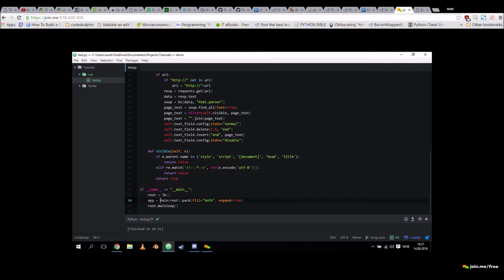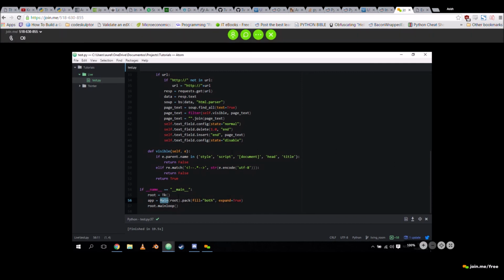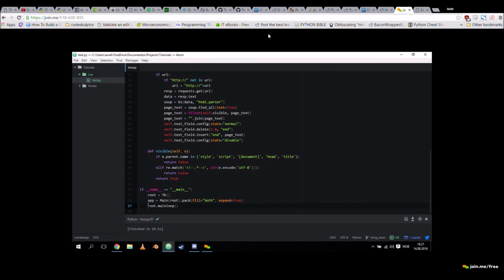We only have that class. In the other thing, I have many more classes. But they're all managed by main. So main becomes the class manager. It takes root as its master, and we pack it right away. And then we run root main loop. Nothing else. It just works by magic. Once app is bound to root, main loop will run it, because that's how they decided to make it.